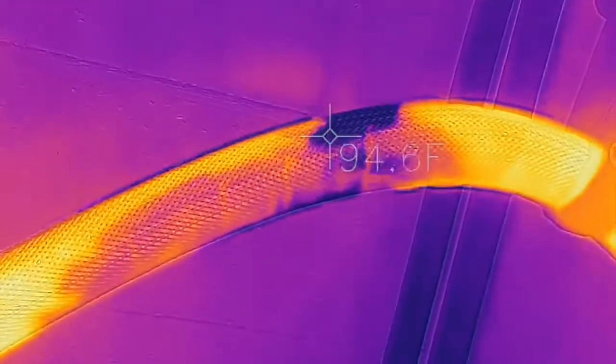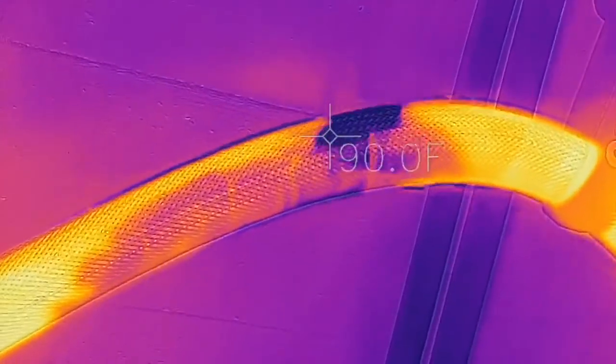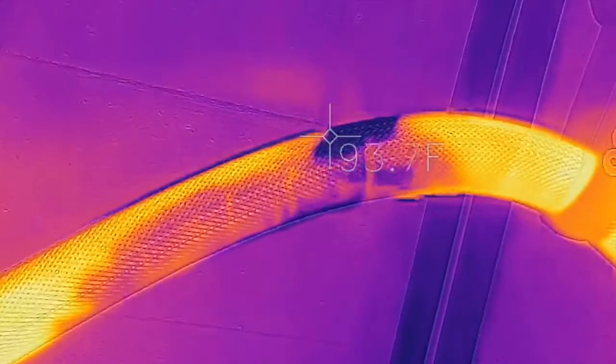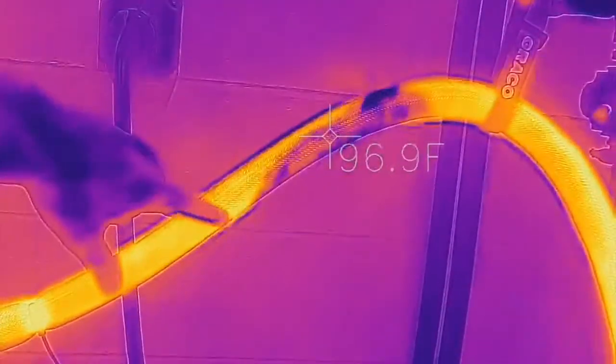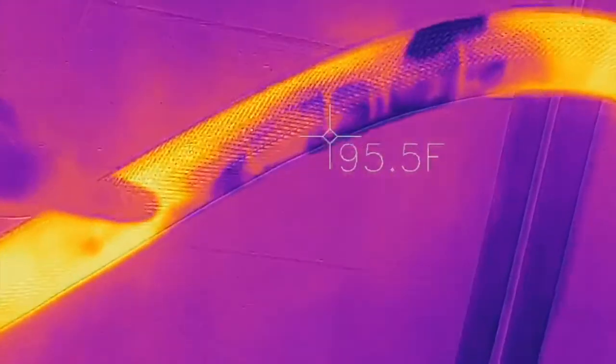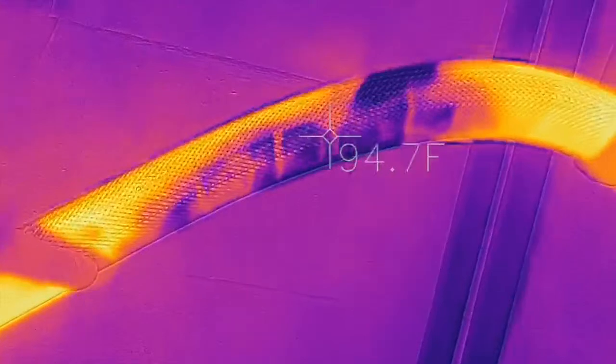Now that cold spot is going to create a cold spot in the adhesive as well, which is going to reduce the material viscosity consistency. So we do want to be careful that we keep the Graco heated hoses nice and dry and away from any sources of